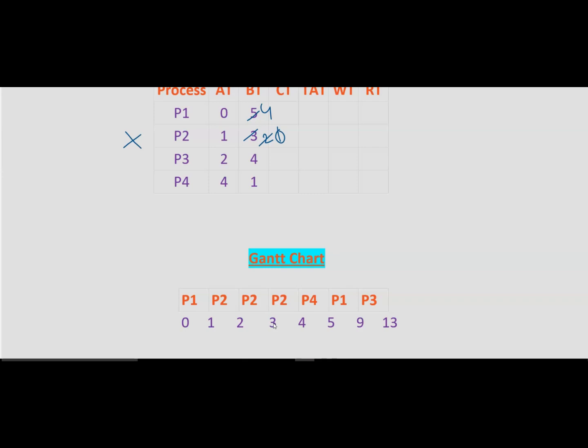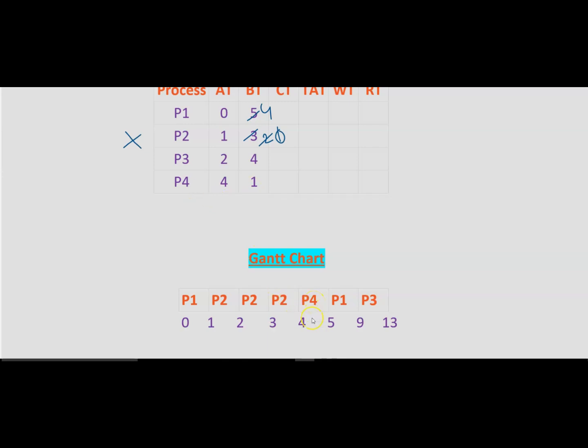Okay. So when I'm reaching 4 time interval, now you can see that another new process, that is P4 process, has arrived. So it means that I'm having now P1 with me with 4 burst time, P3 as well as P4. Now to which process am I going to allocate the CPU? Very simple, that is P4, because it is having the burst time lesser as compared to the other remaining processes. So I will be allocating the CPU to P4 process.